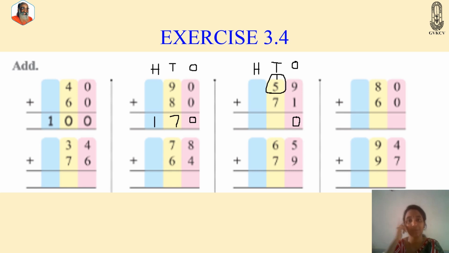Now keep 6 in mind, take 7 fingers. After 6 comes 7, 8, 9, 10, 11, 12 and 13. So write 13 tens. I am writing 3 in the tens place and 1 is carried to the hundreds place. So under hundreds how many are there? 1 is there. So write that 1 over here.